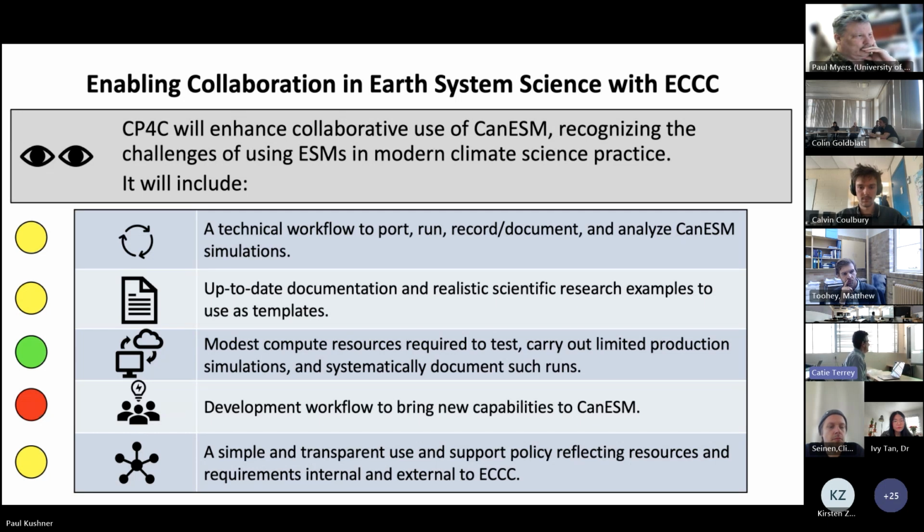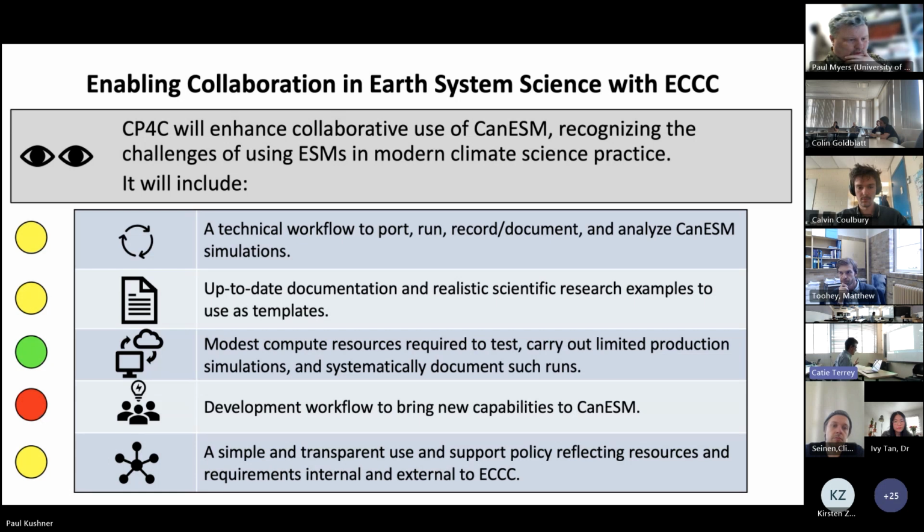So this is sort of red, yellow, green traffic light icons for this. Yellow means it's in progress. It's a good thing. So we do have a technical workflow, and we do have reasonably good documentation about everything. Like yesterday showed, if you focus, and don't expect a trivial amount of work, but are willing to put in the hours it takes, a few hours, you'll be able to run and analyze simulations with this setup, reproduce them, and even tweak them and create your own perturbation experiments.